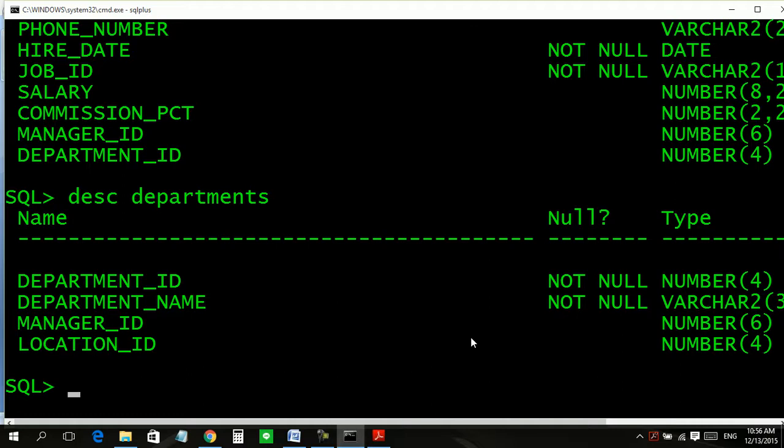Department ID is good for making a join. Why? Every employee has a department ID. A manager is one, upon maybe 10 or 20 employees. Location is not in the first table.